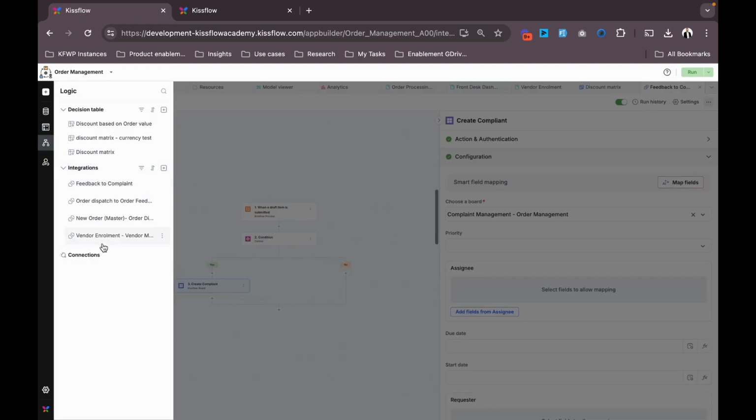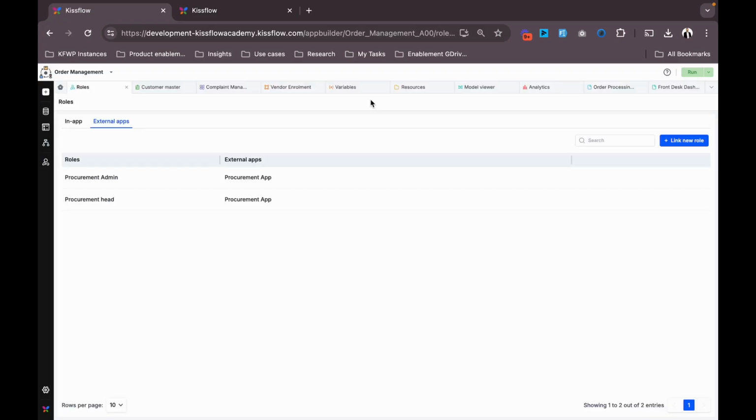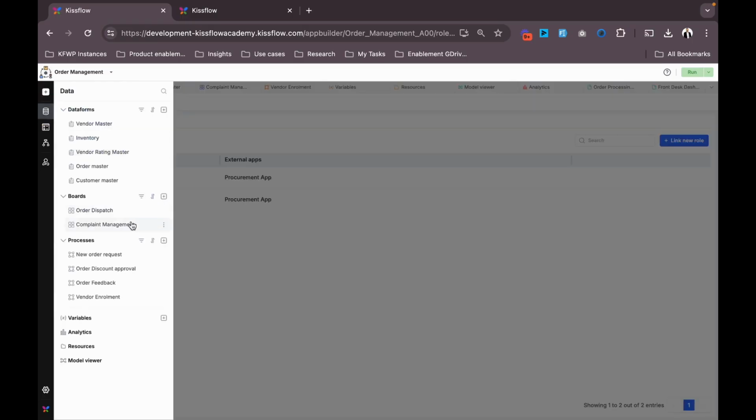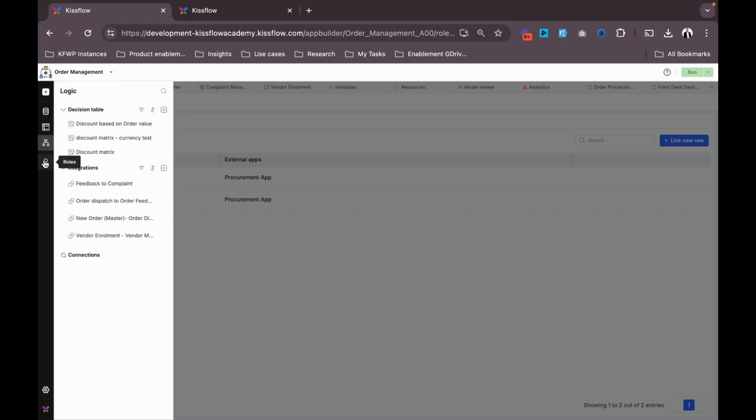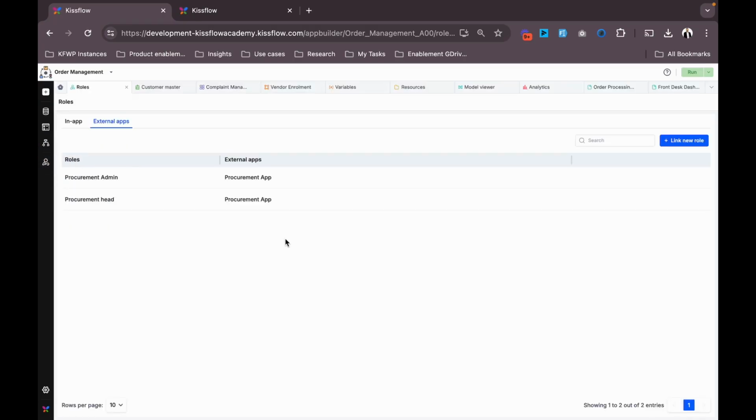And finally, we have connections, which is another concept of consolidating different integration groups. So this is how we can orchestrate different processes and boards for your task management, project management, and your processes. And of course, they are supporting interfaces and your logic section, your interactions with the app, and finally defining multiple roles. Right. So this is how effectively Kissflow allows you to build a simple application to start with,